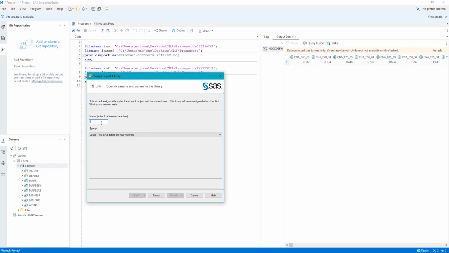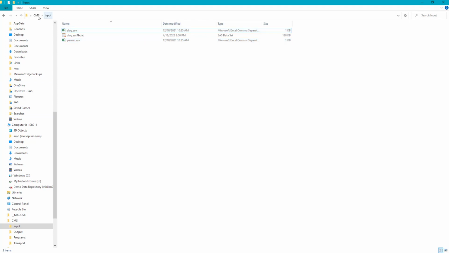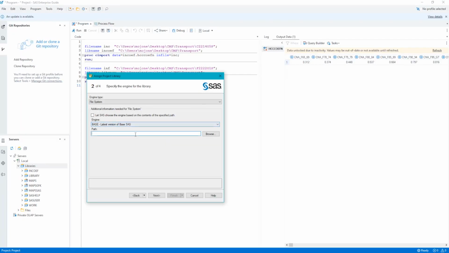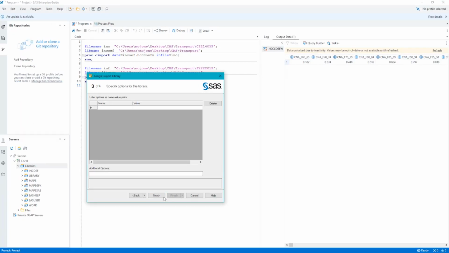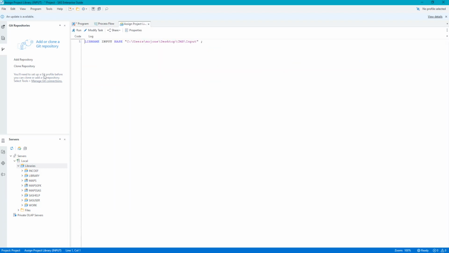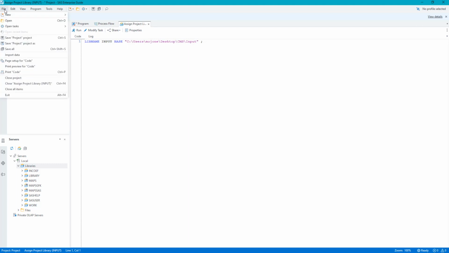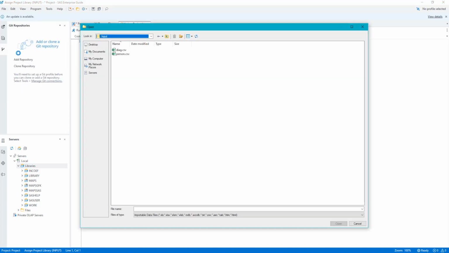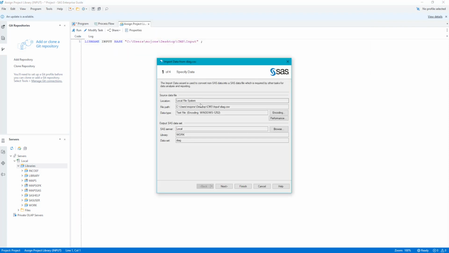I'll name the library input, and I'll grab the input folder file path. Next, I'll grab each of the two input files to convert the CSV file to a SAS dataset, starting with the diagnosis file.